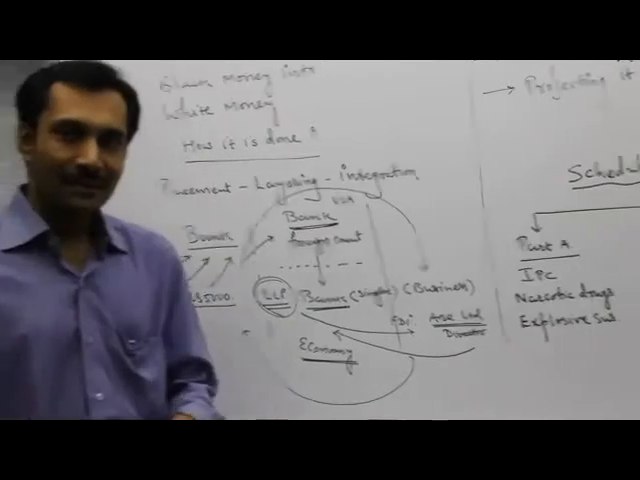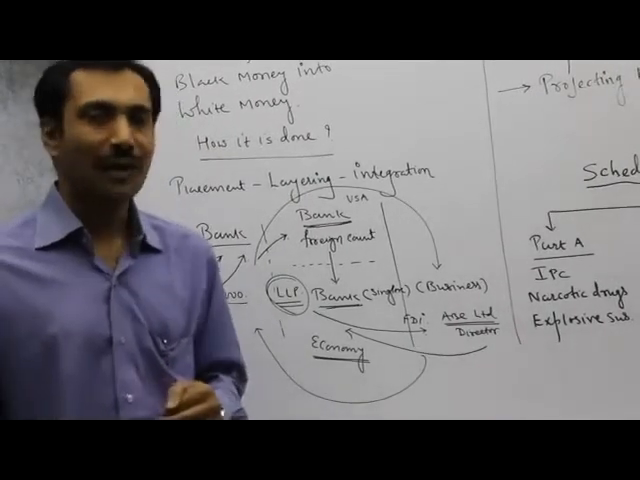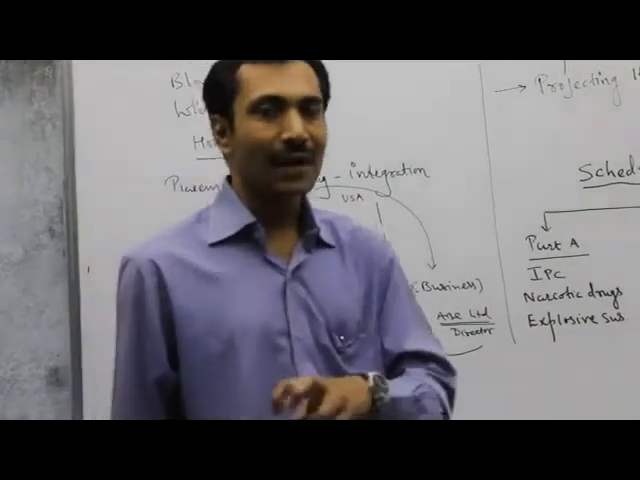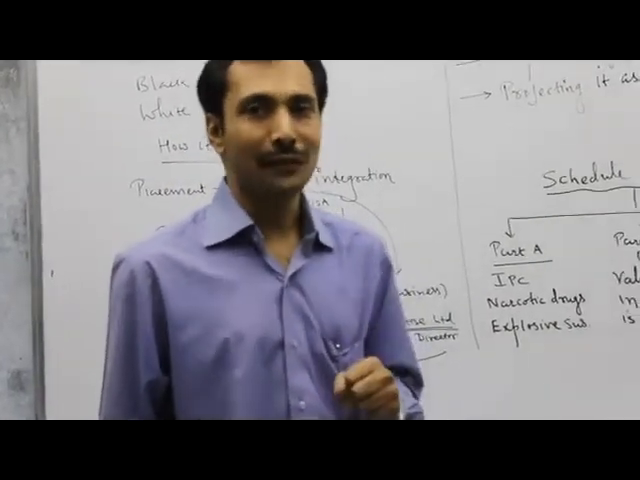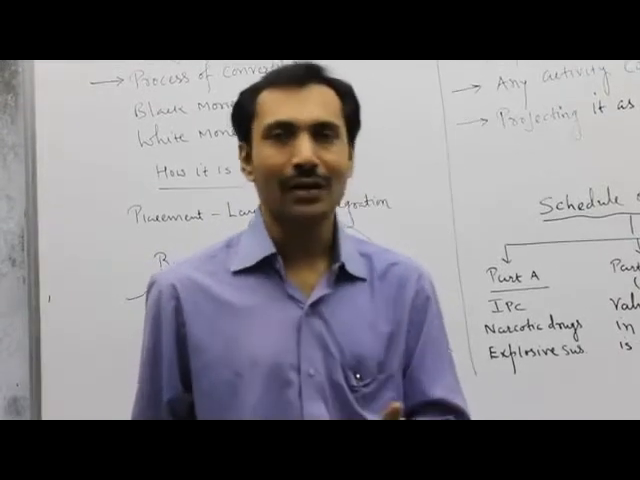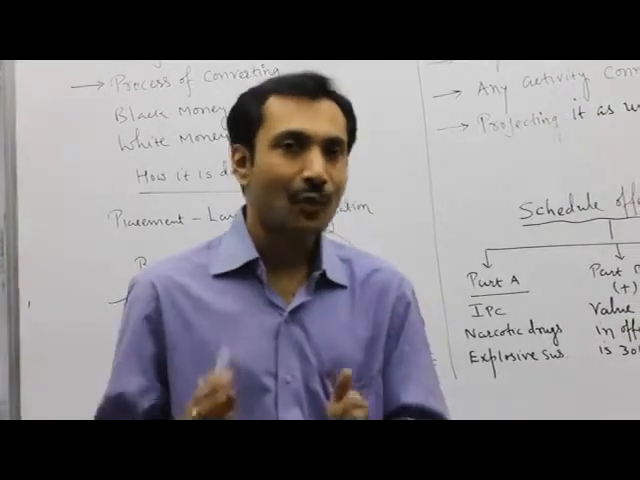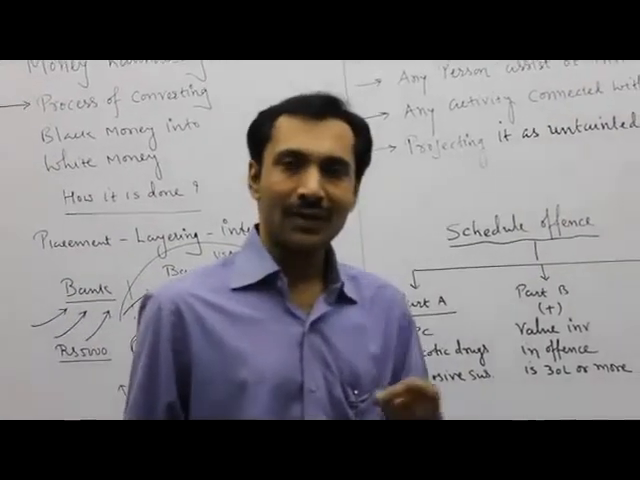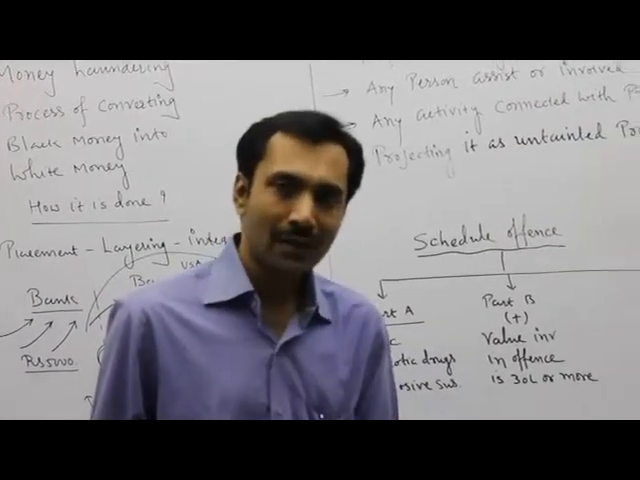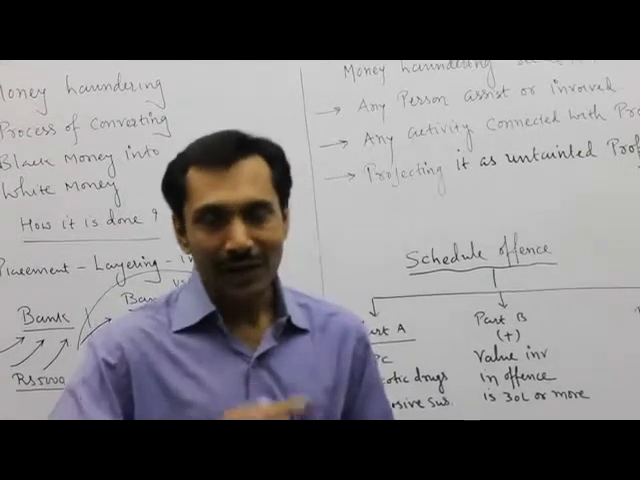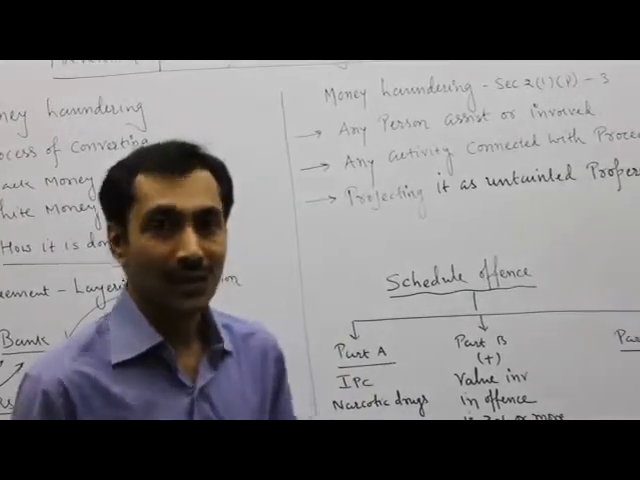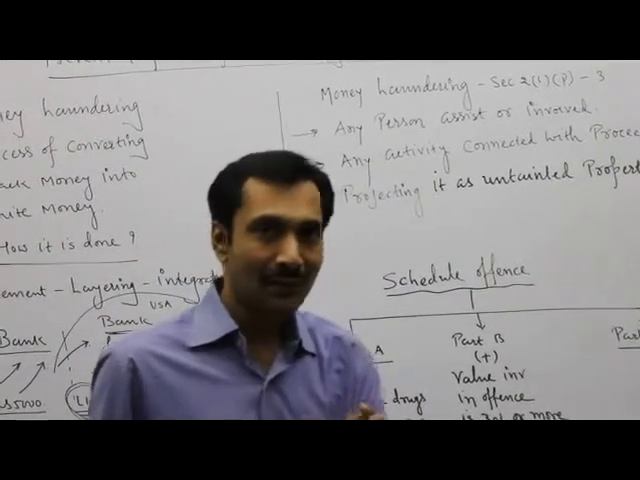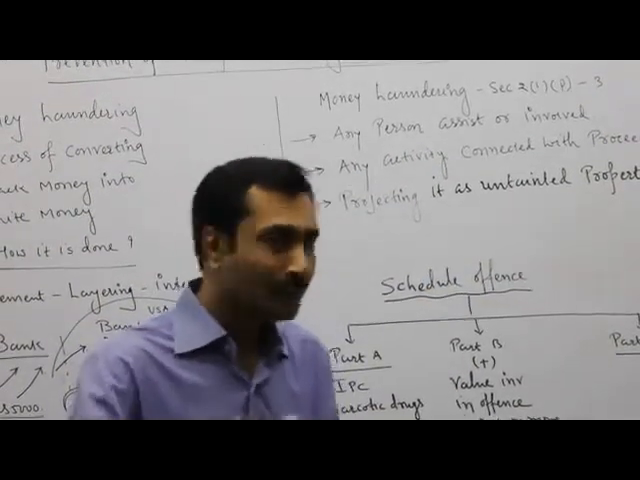Now let's understand how this money laundering has been defined under the Act, right? It is defined under the Act in a little different way, because the Act never explains the process. It provides the rules and regulations. So, what is money laundering? Section 2(1)(p), read along with Section 3, suggests that if any person assists or is involved